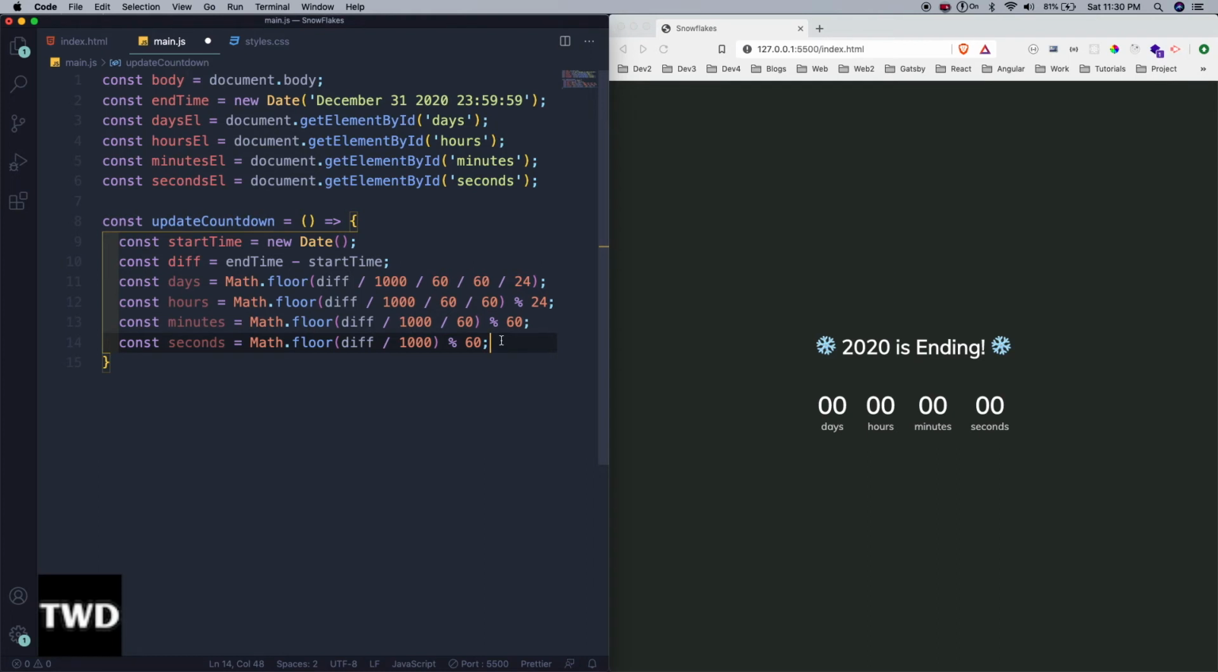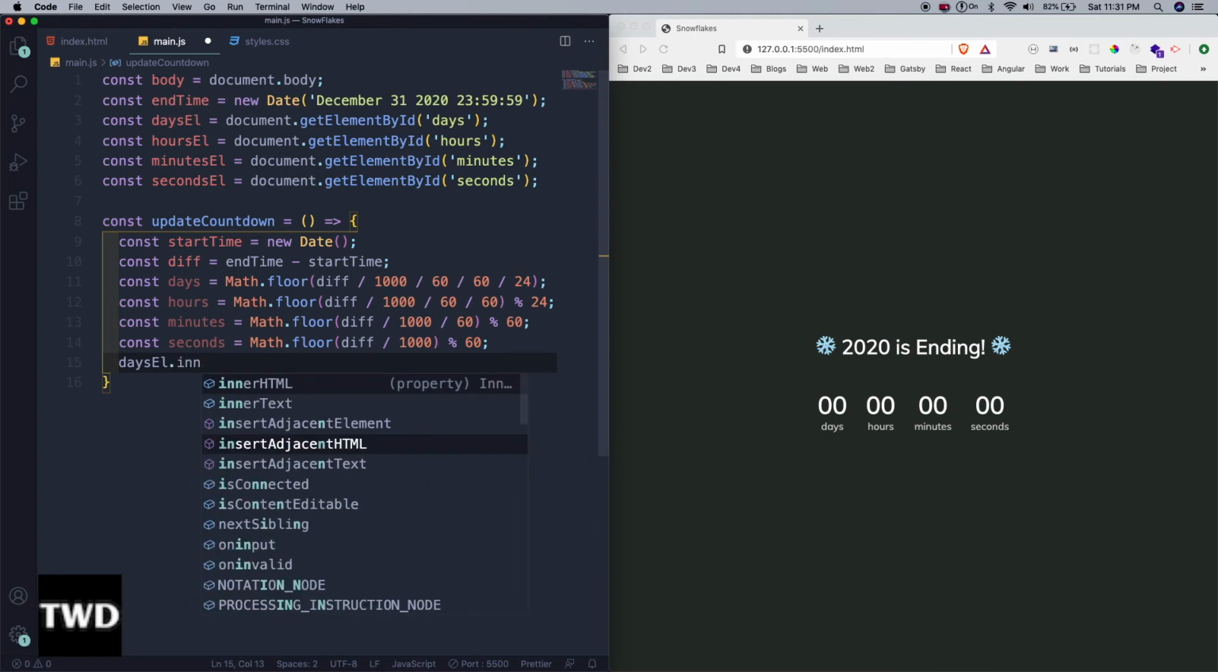So let me save it and let me check one more time whether everything is right. Days is 1000 divided by 60, 60, 24. Hours is 1000 divided by 60, 60, modulus 24. Minutes is 1000 divided by 60, modulus 60. Okay, it is right. Then days EL, this one we are selecting, dot inner HTML